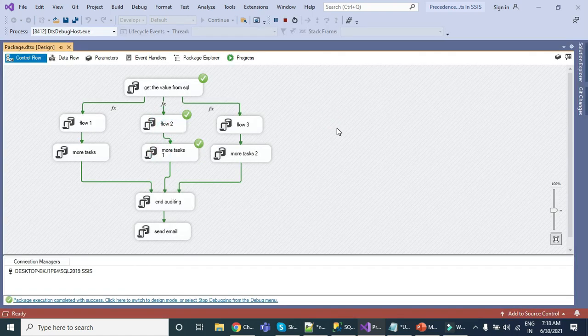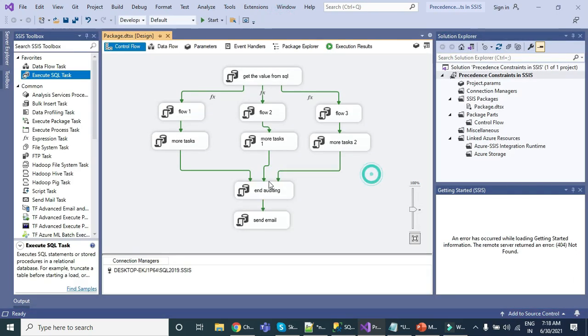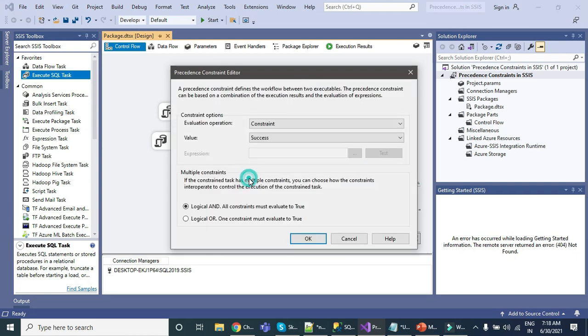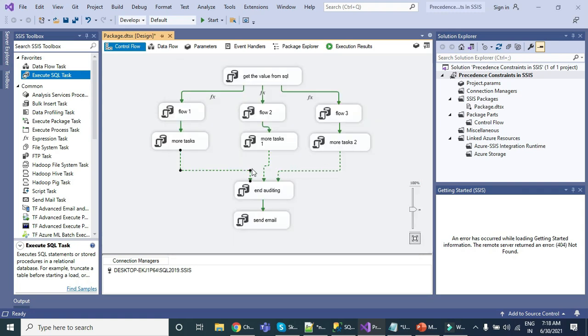Okay, however, what we want is that after executing these 2, it should also execute the last 2 final tasks in the SSIS package. For that, what we need to do is double click on this precedence constraint, and then under logical AND operation, change it to logical OR, because we want that if any of these is true, then this should be executed. We need to use the logical OR operation here. If I execute the package now, then these 2 tasks will be executed, and after this, these 2 tasks will be executed as well.